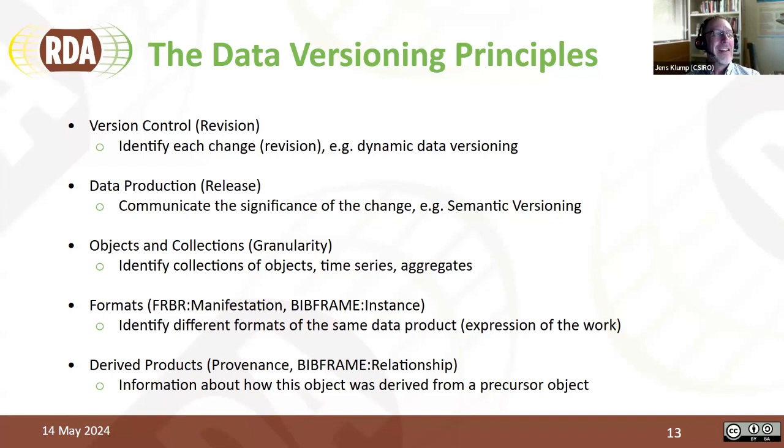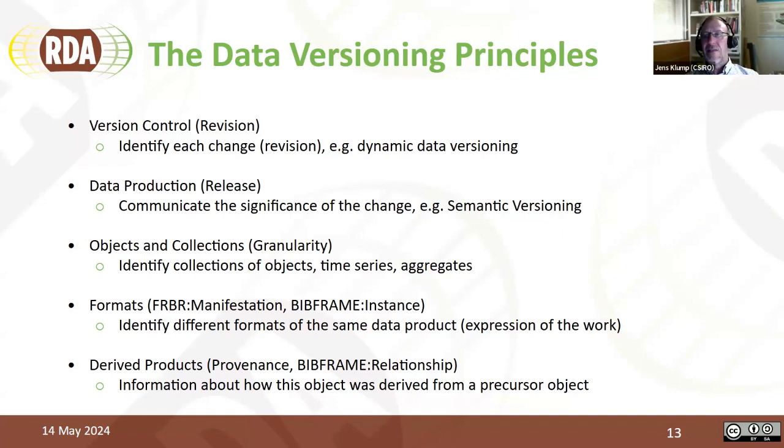What we identified is that most see versioning as version control. That's something we're familiar with from software development, and that's called revision. And it's quite easy to tell that there has been a revision because the bit stream changes. So when there's a change to the bit stream, you get a new revision. What you do with that was the question of what are the actionable recommendations. And the principles often say it depends, and that's a bit unsatisfactory, and that's why we just wanted to develop actionable recommendations.